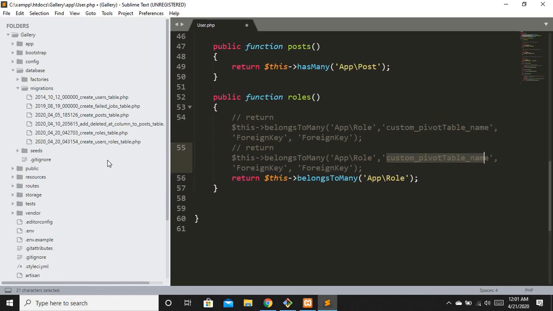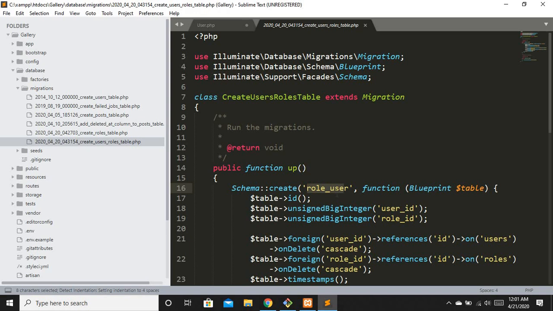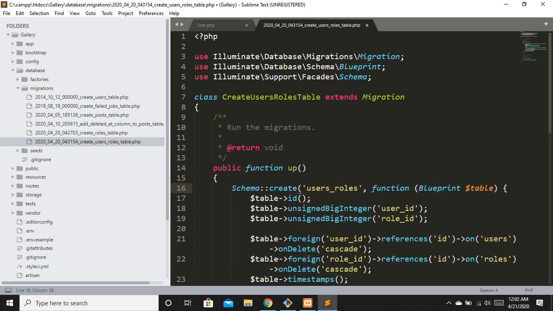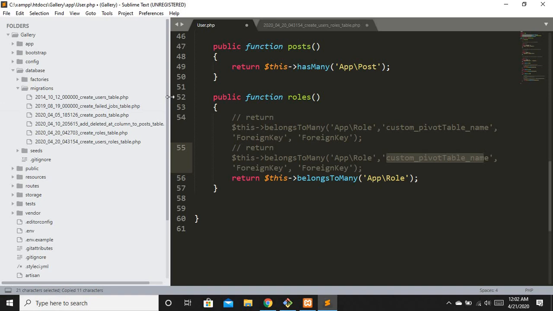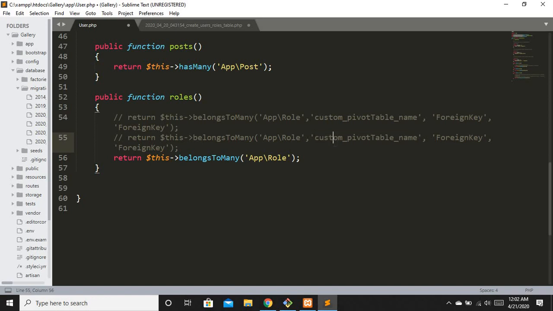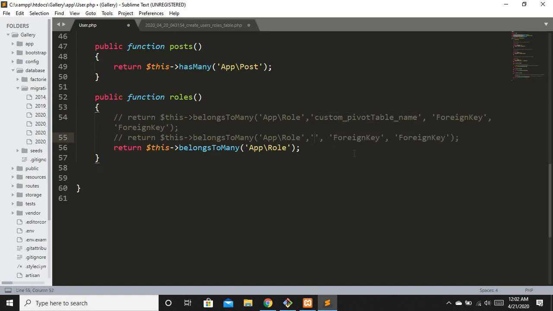Okay, let's say I want to create my migrations table name with users role and not role user. What you are going to do is create a table with that specific name. In this case, I will just write users underscore roles. Now that I have a custom pivot table name, what I have to do is to pass a second parameter right here. Okay, let me just show you right here in the custom pivot table name. I will just replace it with my custom pivot table name. Okay, now this is the case if you have only a custom pivot table, you don't need to pass the third and fourth parameter, and if you are following Laravel conventions, you don't need to pass the second, third and fourth